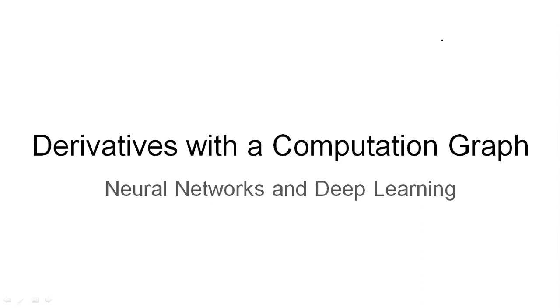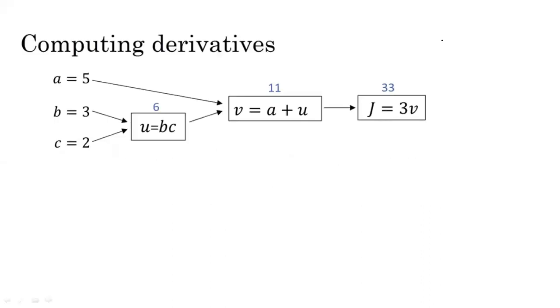So in the previous video lecture, what we have seen is what a computation graph is, and further we have also seen by using an example how the forward propagation step can be applied to a computation graph. So let us look at this example again. As we have already seen in the previous video lecture, the forward propagation step can be used in a computation graph in order to calculate the final output of the computation graph.